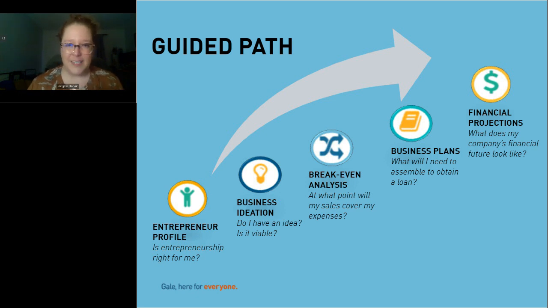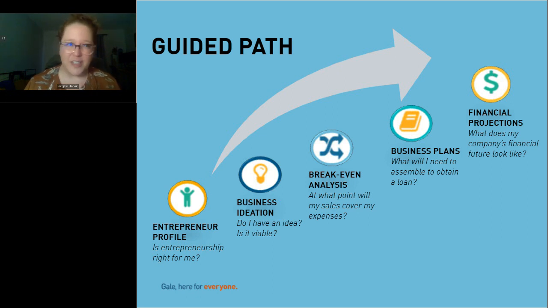We've grouped business planning and management activities into 5 basic steps. They are intentionally sequenced so that, as I think Natalie may have mentioned earlier, you don't want people who are coming to entrepreneurship to waste valuable time on activities that they're not yet ready for. So we start with the entrepreneur profile, which essentially asks somebody who is new to entrepreneurship to consider whether they have the time, temperament, finances, and support to successfully launch their venture.